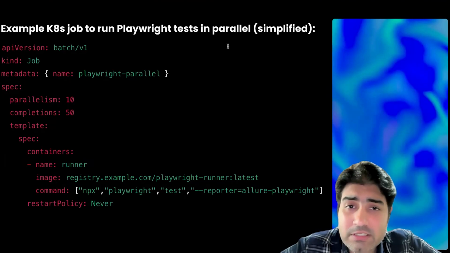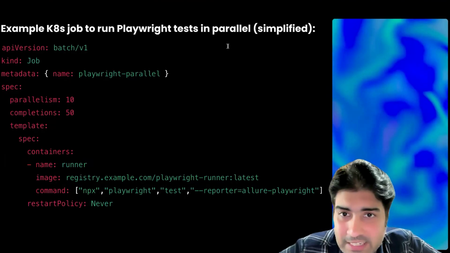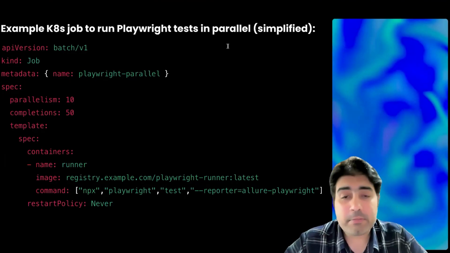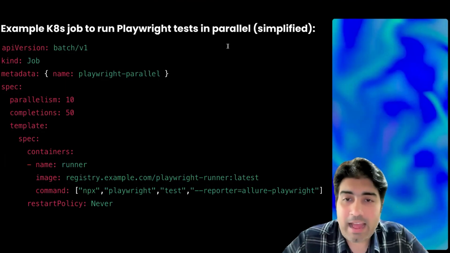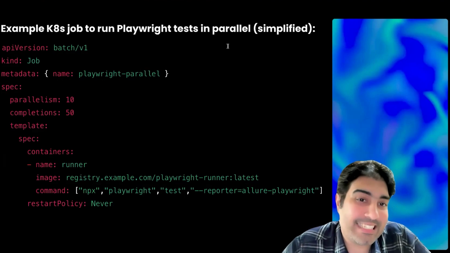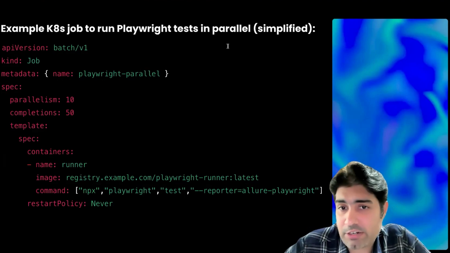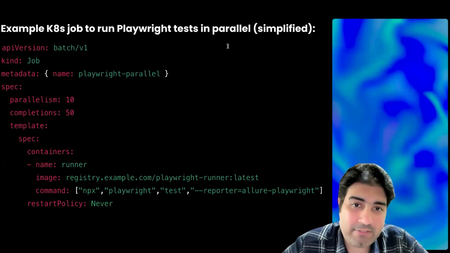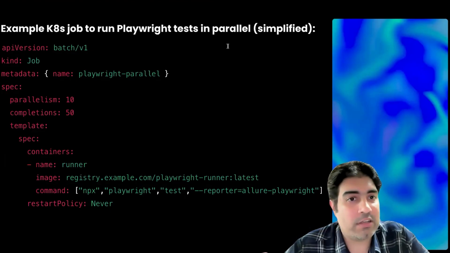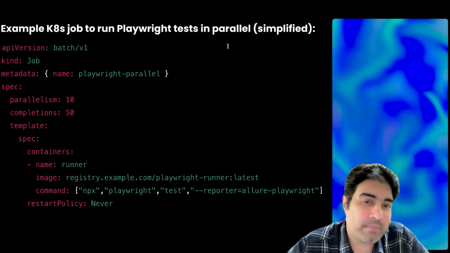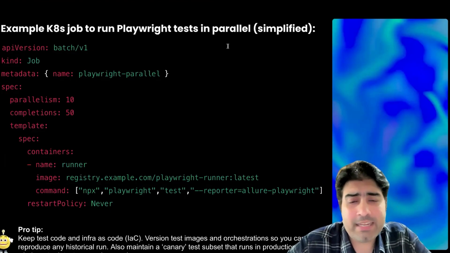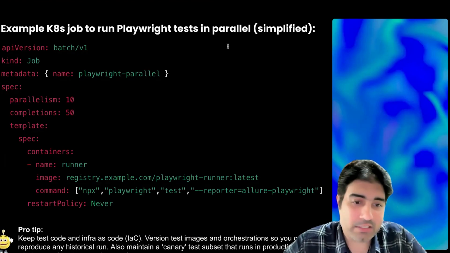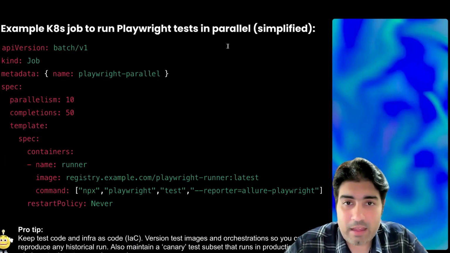Don't forget to also focus on non-functional aspects like idempotent tests, ephemeral environment provisioning, and locality, or environment-based, cloud region-based testing. And also cost controls, where you look at auto scaling, whether you're scaling up or scaling down your resources, or idle runners. A pro tip here would be keep your test code and the infrastructure as code versioned,